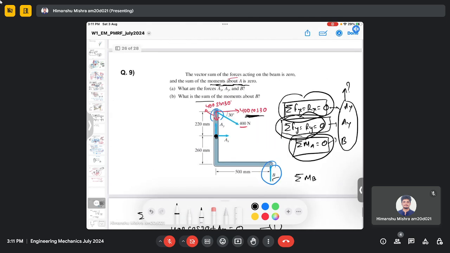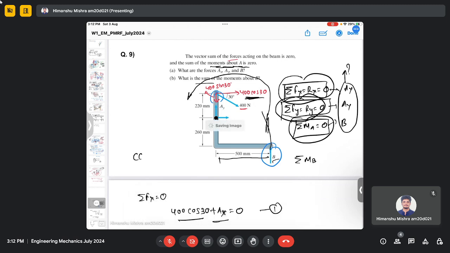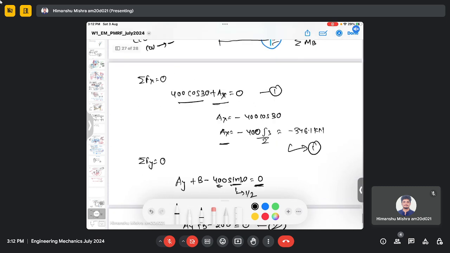So the sum of moments will be due to this force, which is rotating in the counterclockwise direction, B, and it has a perpendicular distance of 500 millimeter from force B to point A. So this is our point A. So let me use counterclockwise as positive and clockwise moment as negative. So it will be B